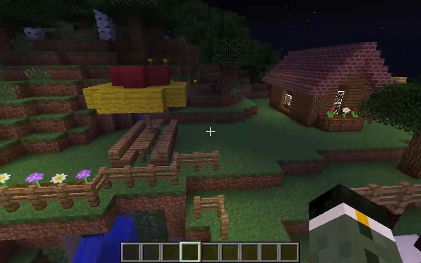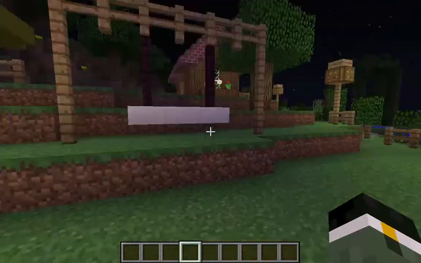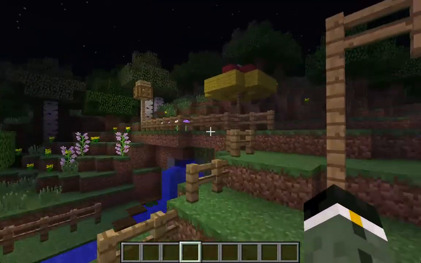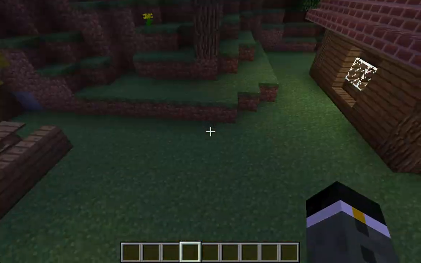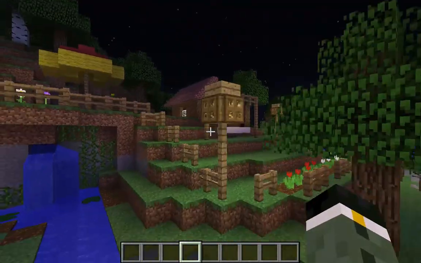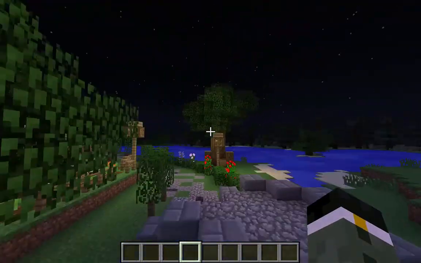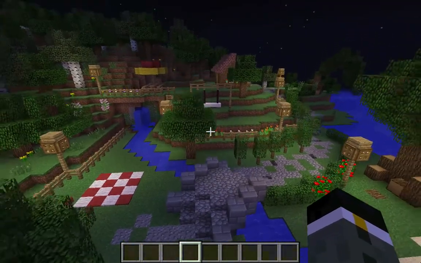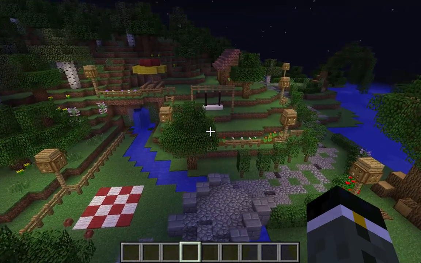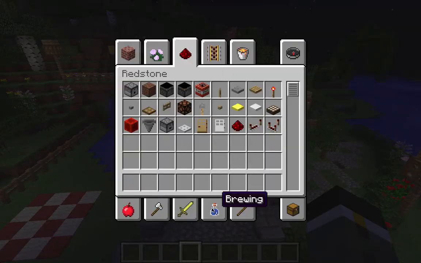Then I added some little gardens down here, and some regular Minecraft trees just for fillers. And then I added these little lanterns, and they're not too impressive. They're just there to provide a little bit of light, which looks very nice at night. But anyways, we're going to now do the last part of the landscaping guide, and that is